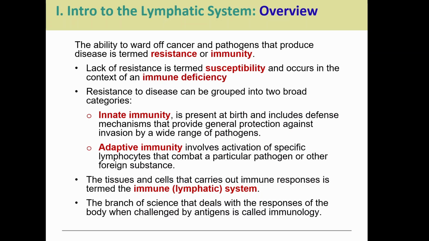And then there's adaptive immunity, also sometimes called acquired immunity. Adaptive immunity is where we are activating specific lymphocytes so that we can fight off a very specific pathogen, right? We've adapted to fight off a very specific pathogen. So for example, let's say we've gotten the flu before. We would have lymphocytes then that have adapted to be able to respond to that specific flu virus.